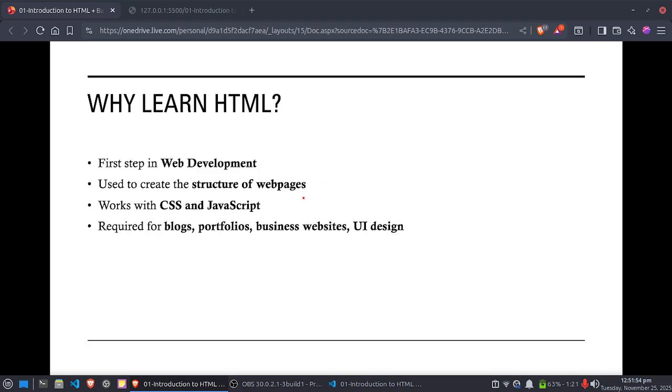Now, why should you learn HTML? Because it is the foundation of web development. And if you want to build a website, whether it is a portfolio, business website, or any blog, or even a UI design, HTML is the first step. Later we will use CSS to style the website and JavaScript to add functionality, but everything begins with